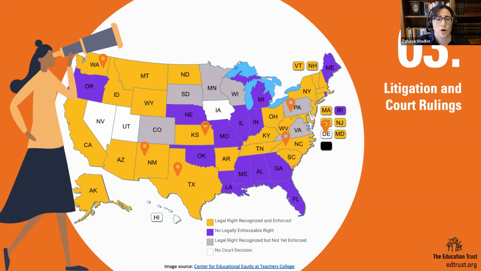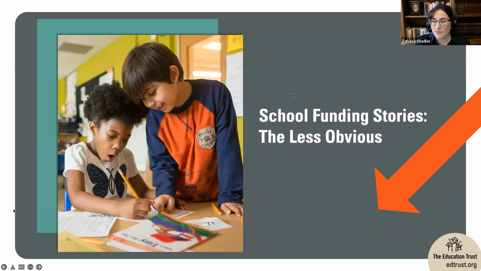So this is another clear opening for school funding reporting. And I've added markers here to the map in a handful of states that have had recent or ongoing litigation that's gotten important coverage. So those are perhaps the obvious openings. I also want to talk about the less obvious ones, because I probably don't need to convince you to include